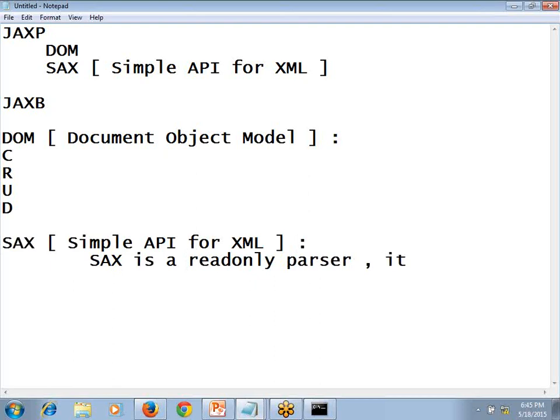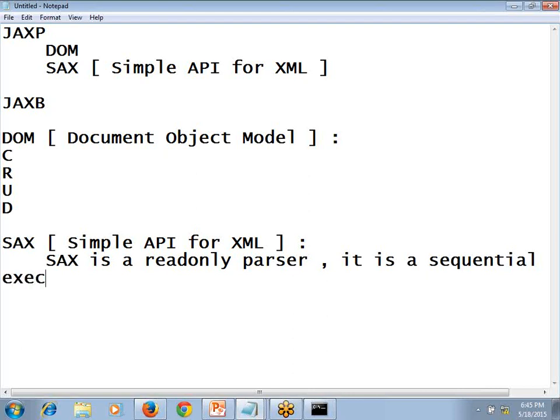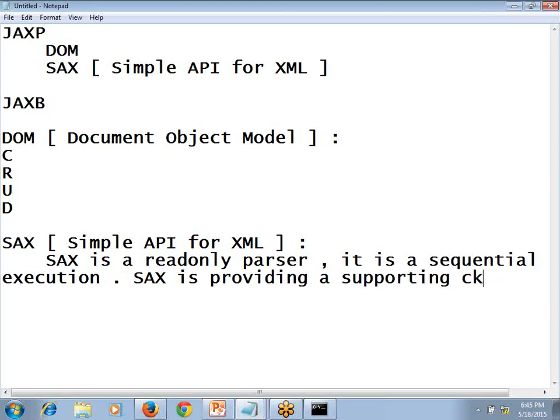So SAX is a read-only parser and it is a sequential execution, executing line after another. Okay. SAX is providing a supporting class called